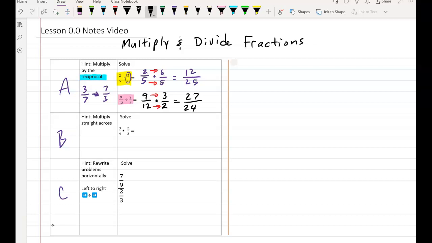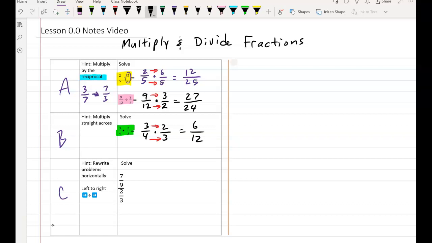Okay? So that takes us to problem B. Now problem B, as you can clearly see, is multiplication. 3/4 times 2/3. Well, the best part about these problems is you don't have to change anything. 3/4 stays 3/4. 2/3 stays 2/3 because we're multiplying. It doesn't say divide, so we don't have to change a thing. And then we just multiply straight across. 3 times 2 is 6, and 4 times 3 is 12. Now, any of these fractions, if you feel you need to simplify them, you may, but we don't have to